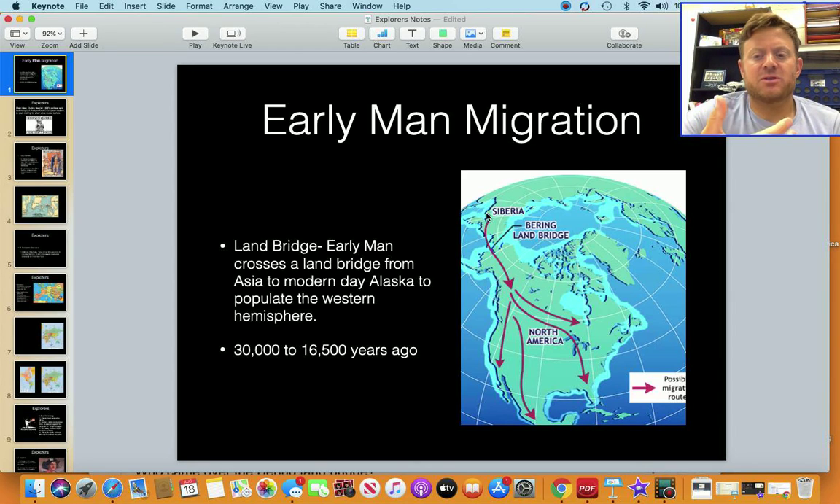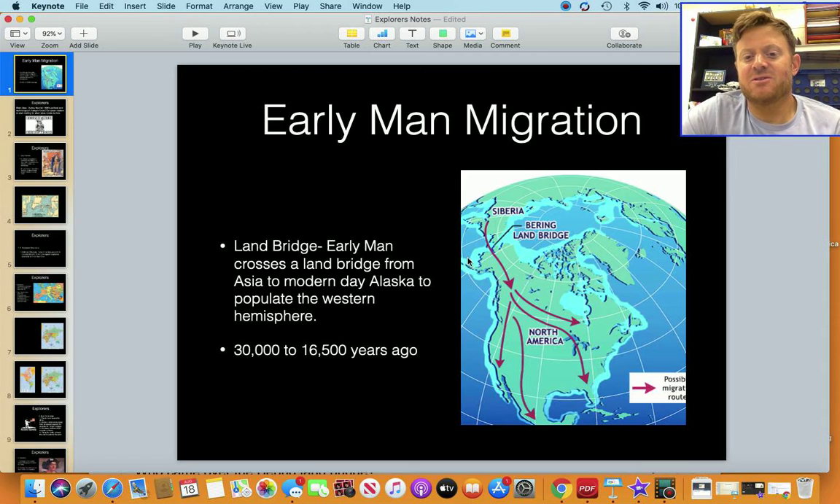So the first question in history class is, how did people get to North America? Of course, U.S. history class. And the answer is pretty simple. 30,000 to 16,500 years ago, this tiny area between Alaska and Siberia,